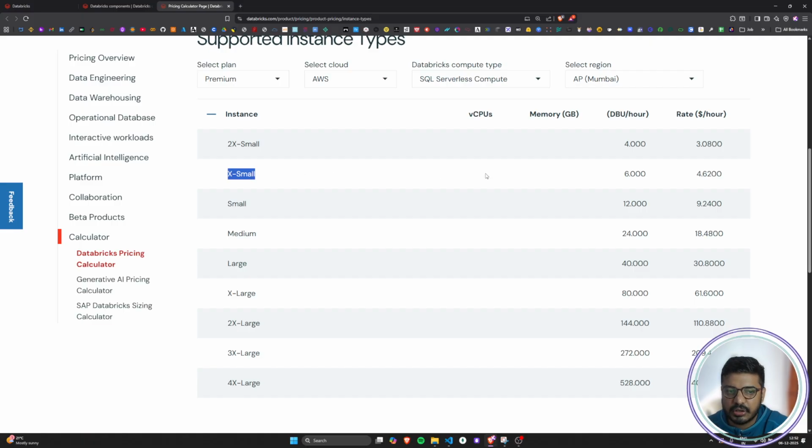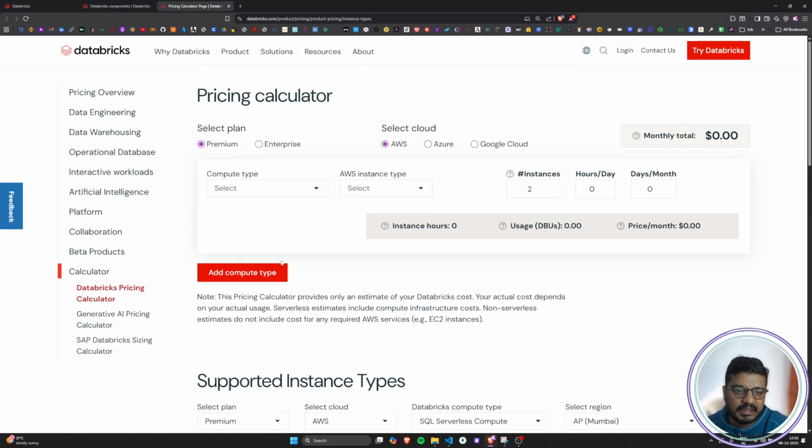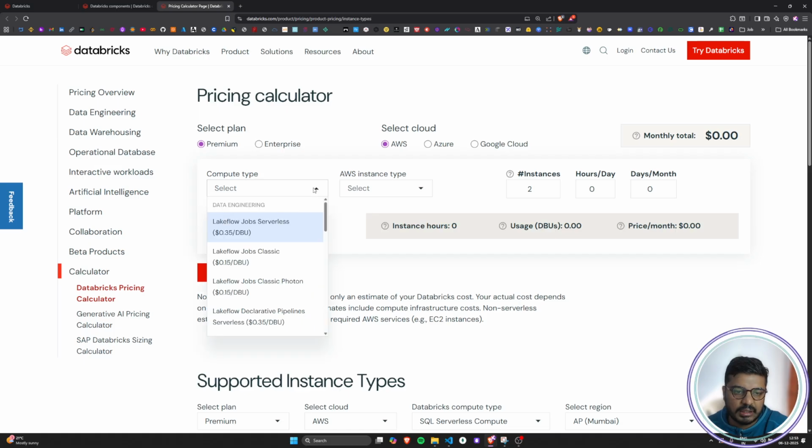Similarly, the X-Small instance will consume 6 DBU, and the rate will be $4.6 per hour. Similarly, if I talk about 4X-Large, it will consume 528 DBU per hour. So 528 DBU is equivalent to $406 per hour. Similarly, even here also you can